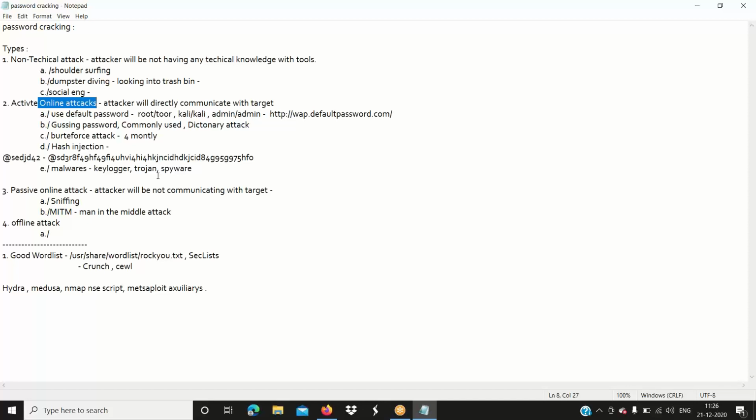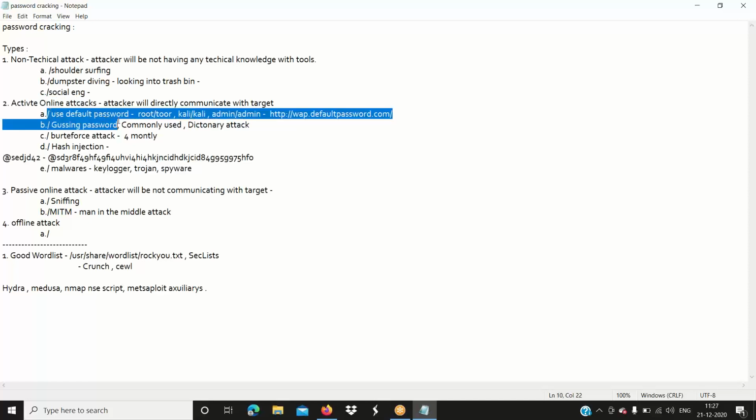So here, the attacker will first start this attack with the help of default passwords. As we know, most products come with default usernames and default passwords, right?